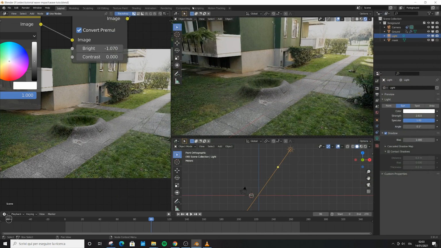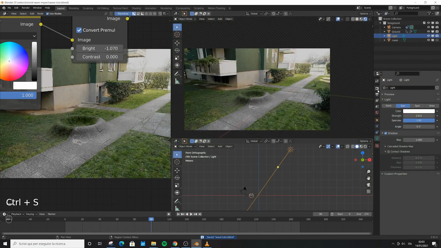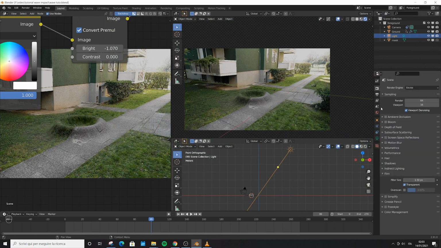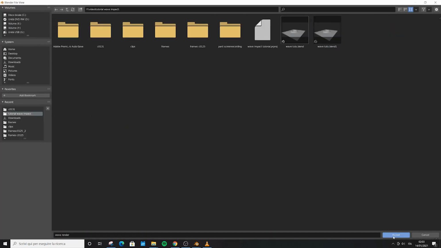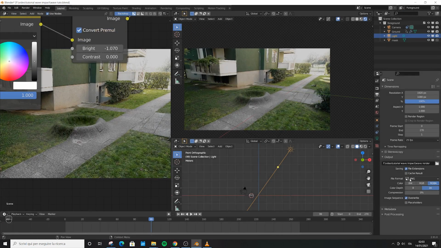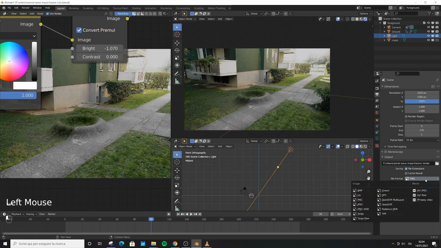And now it's time to export everything. So we're gonna go in the render properties. That's okay. Let's go to the output properties. Here is everything okay. Choose the folder where to save, give it a name. About the format, I usually export everything in PNG sequence or OpenEXR because I always do a final compositing in